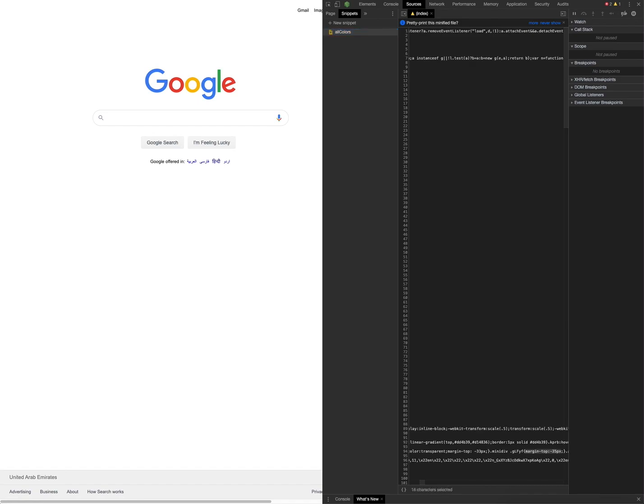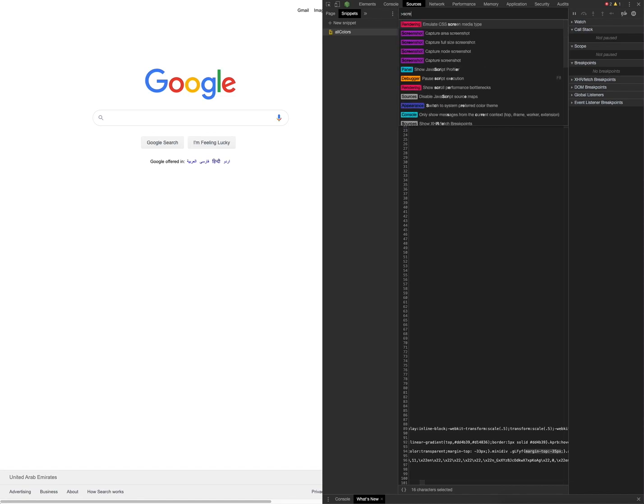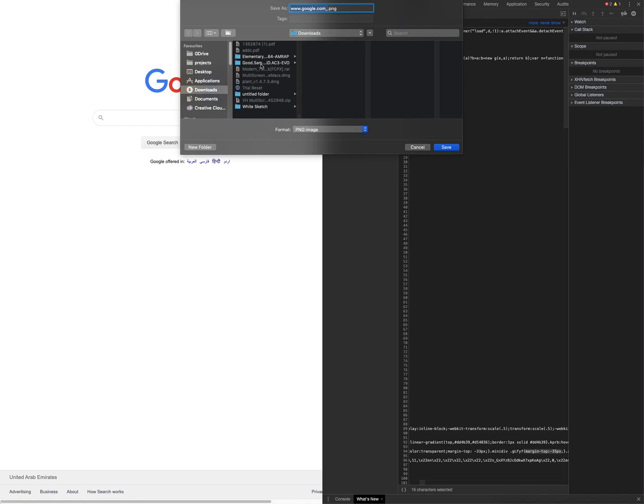Number 10. Let's open up the command palette, and in here, as I said, there are many options, and one of them is to generate screenshots of the page you're in. So by typing screenshot here, there are 4 options: capture area screenshot, capture full size, capture a node, and just capture a screenshot. In this particular case, I will do a full size, and you can see that